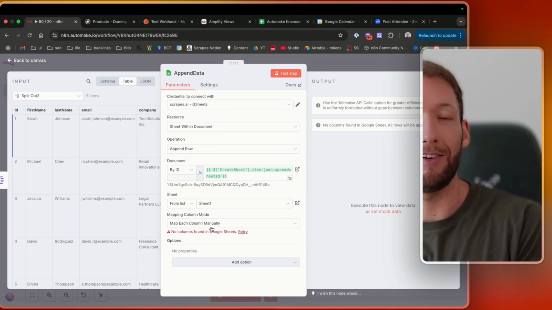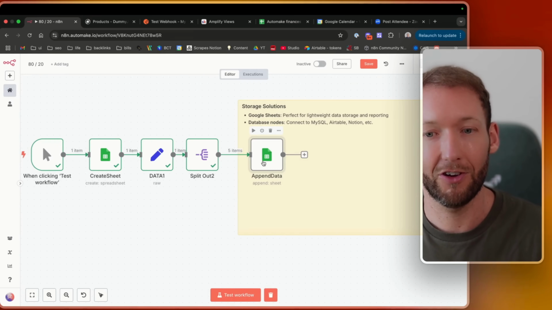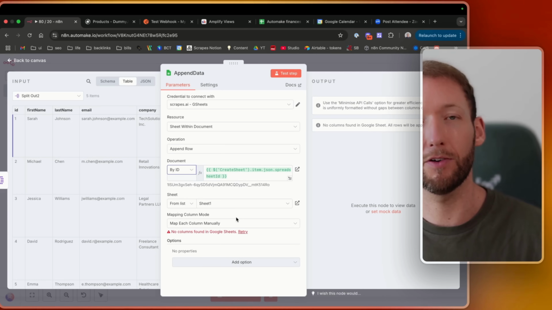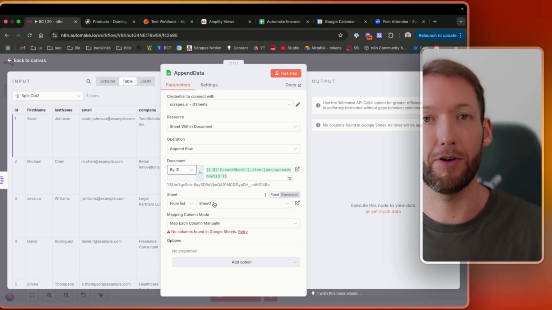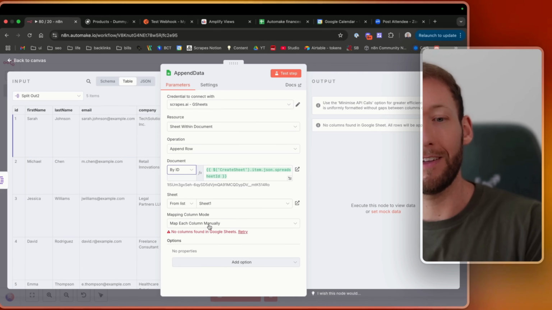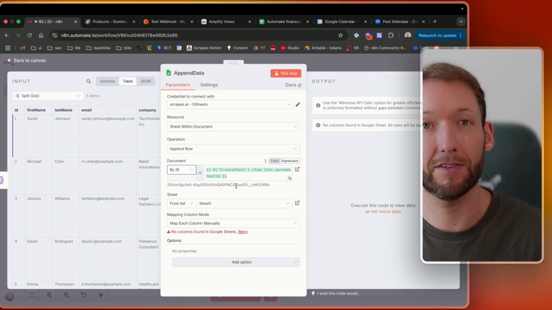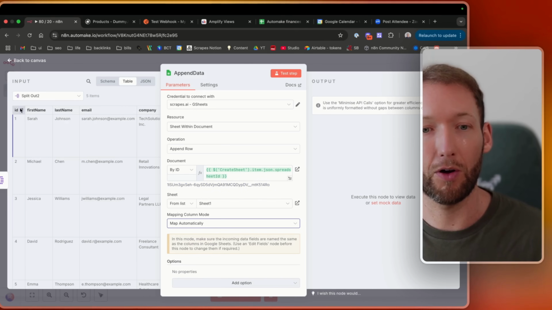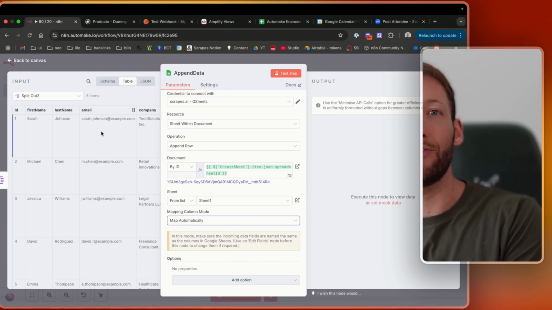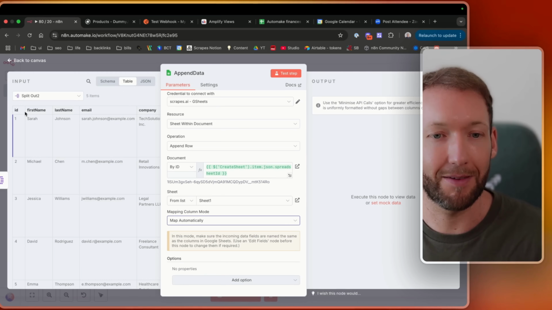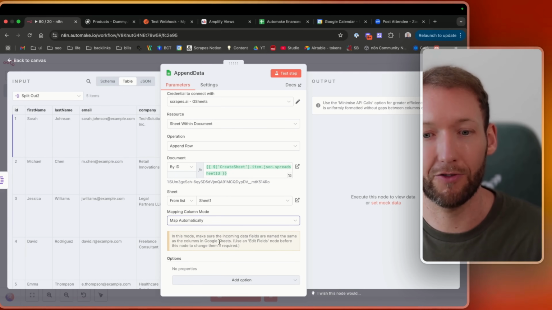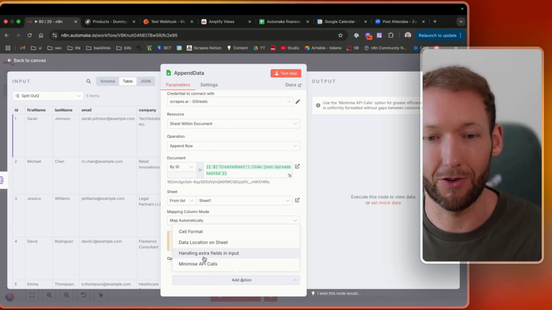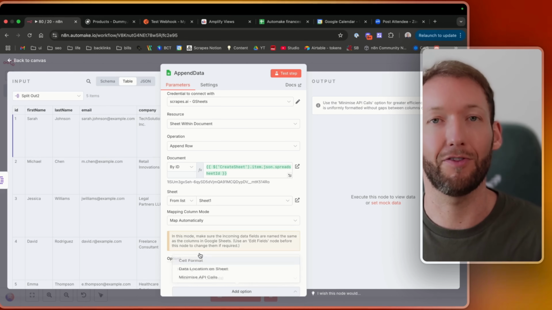Now, if we've already created a sheet, we don't need to do the create sheet stage. We can actually just link it up to a specific URL or from our list. But because we're creating a sheet as we go here, we're going to say, okay, put that information to sheet one. And instead of mapping the columns manually, because there's currently a blank sheet that we've created, it's got no columns, what we're going to do is just tell it to map the columns automatically. But if there's a blank sheet already, and we don't have these names in here, like ID, first name, email, company, etc., then it's not going to add any data to the sheet because it's not going to be finding the column headers. So what we need to do is tick this option, handling extra fields in input, and we're going to say,